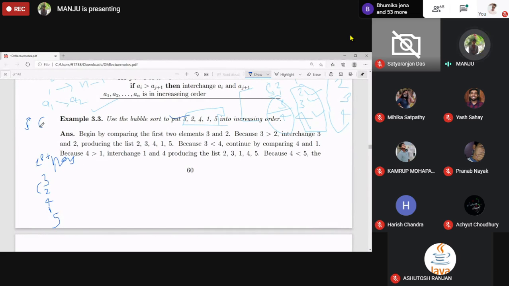This is for interchange, this is for comparing. If there is no interchange, then this sign will remain the same. So if they interchange, we will interchange them. No need to put I is equal to 1, J is equal to 1, we have shown it. 2, 3, 4, 1, 5. Then come to the next one. Will they interchange?